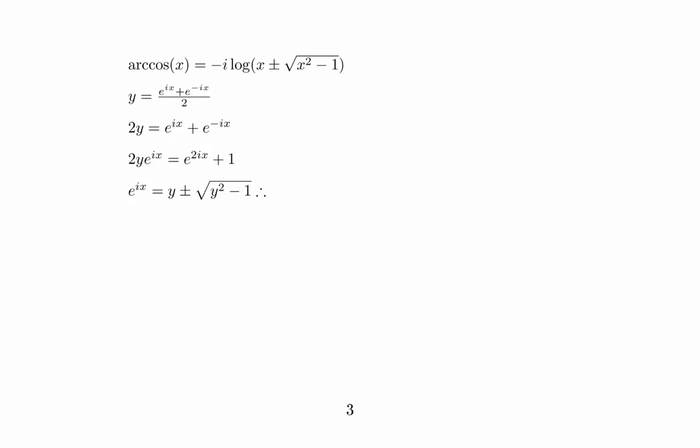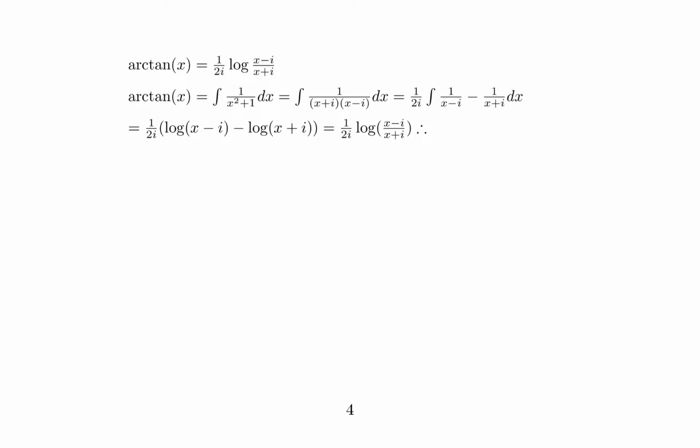Arccosine follows almost exactly the same procedure. As you can see, the only difference is that you don't need to divide by i, and you get the square root of y squared minus 1 instead of 1 minus y squared. Other steps are identical. But perhaps the most important Arcus function is arctangent, that is defined as 1 over 2i